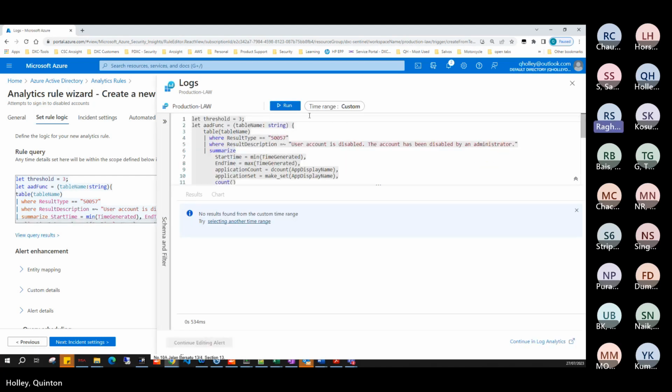Okay, it says there is no result from this query. Why? Because you have not done this activity in the past. So we will first enable the analytics rule and then we will simulate it. This is like a VAPT, vulnerability analysis and penetration testing, where we will intentionally inject the